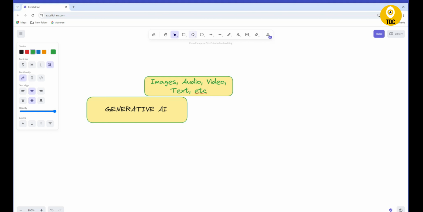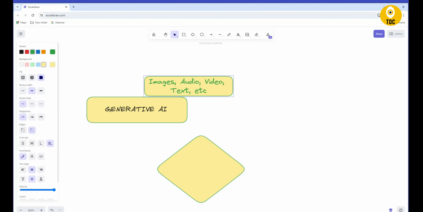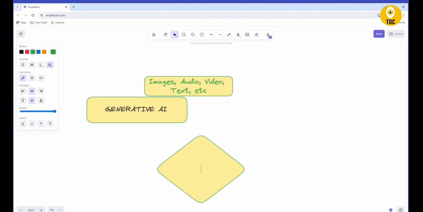So how is it generated? We have a large data set. Suppose you are generating an image. There will be a large data set of images, maybe extracted from the web. Millions, billions of images, and it will get trained using these images or audio, video, text, etc. It learns patterns and structures from this large data set and uses this knowledge to produce accurate, near accurate, or novel output that resembles the original data.